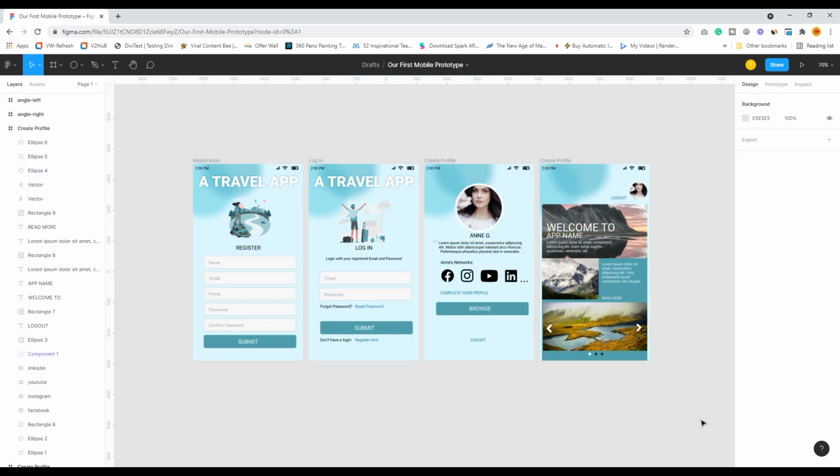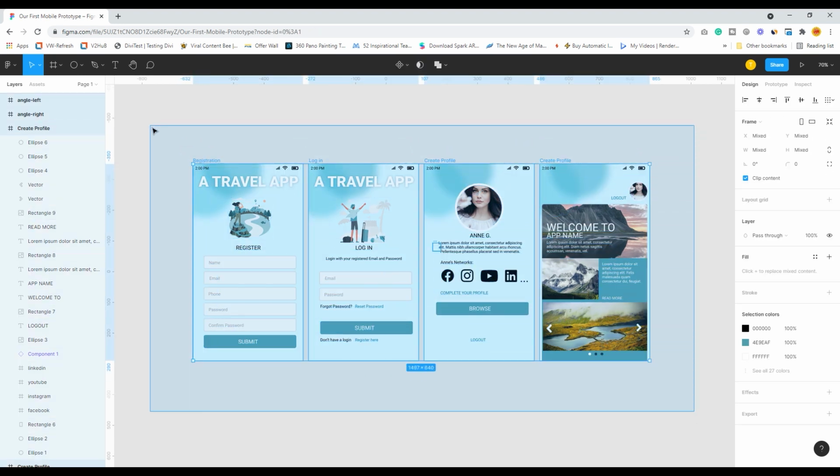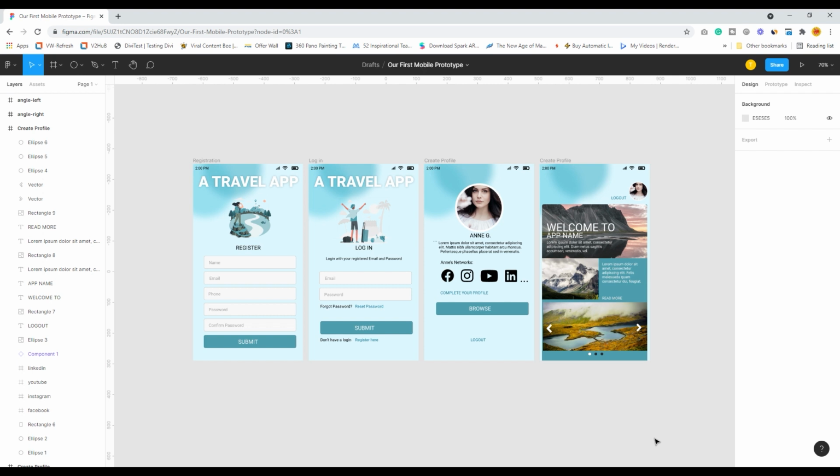We have done rapid prototyping, a direct creation in Figma. So you can see that Figma can really help you put your thoughts across in a very easy way.